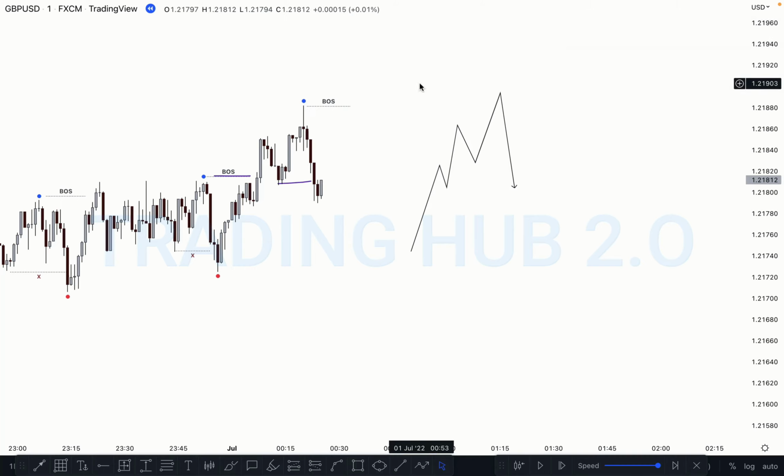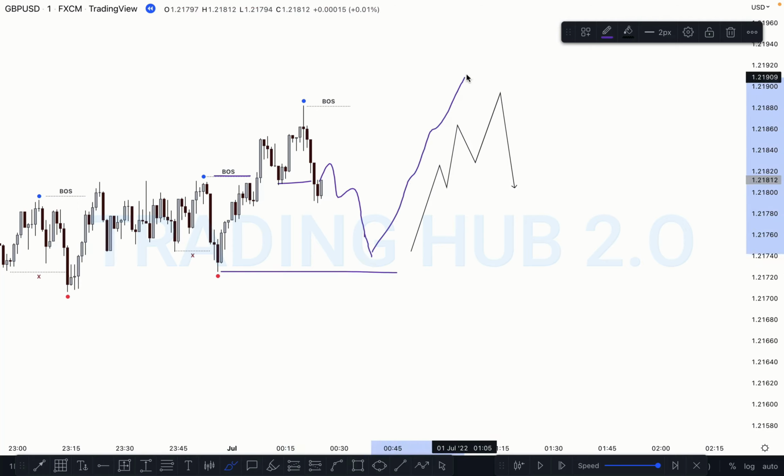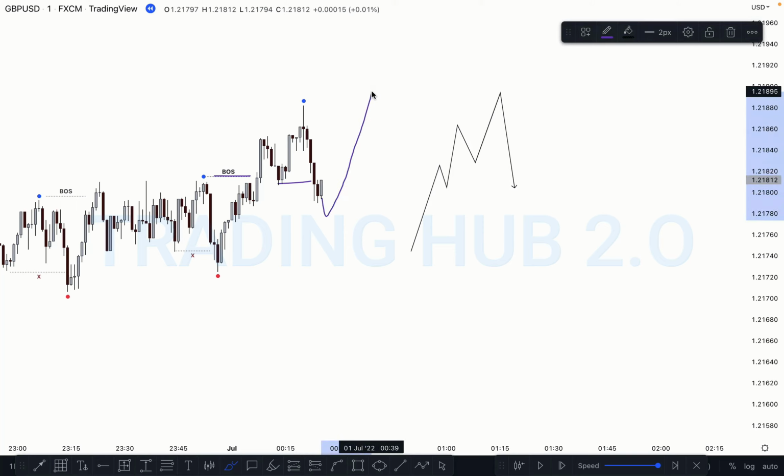like this. Okay, and maybe price pushes more downside until it breaks this low. If price does not break this low and pushes higher, then this is a valid break of structure, and this is a higher high, and this becomes a higher low, like this. Okay, another scenario is possible: if the market does not push higher, and pushes downside and